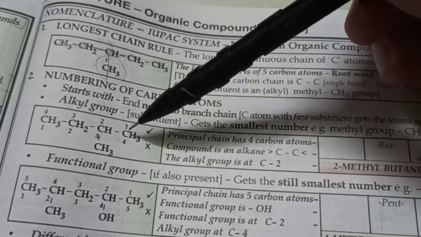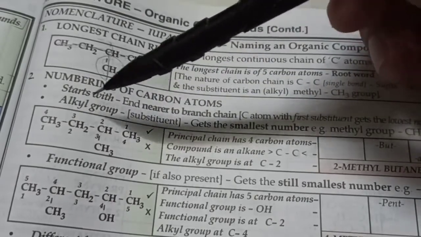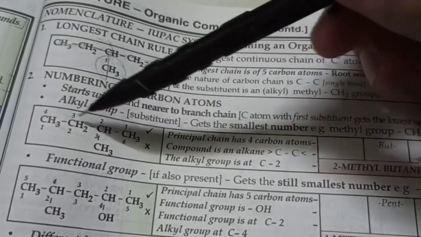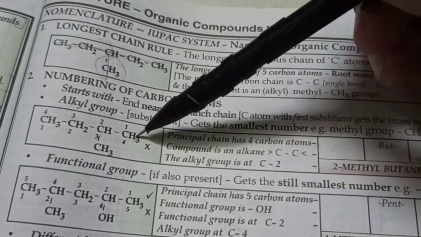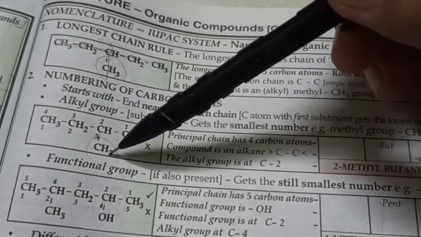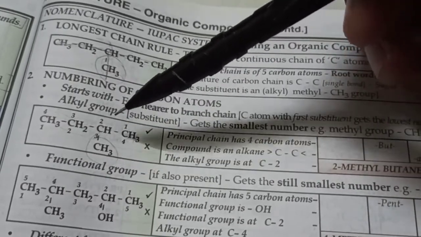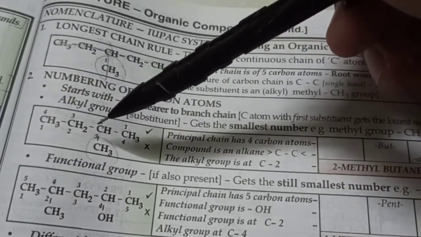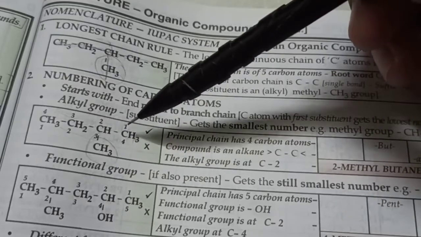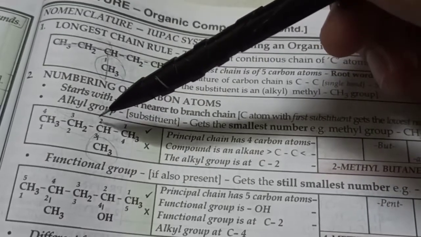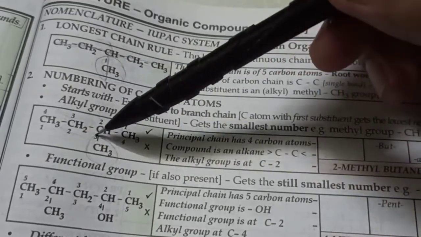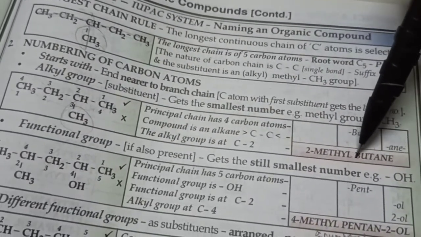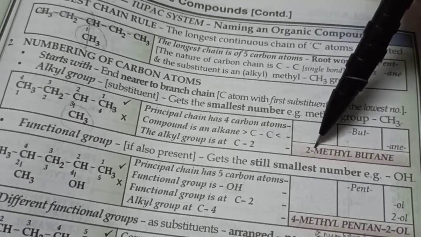Okay, try this one now. Without looking at the answer, try this one. First of all, the longest chain, 1, 2, 3, 4. So that's butane. Single bond butane. This is a methyl group, so it will be methyl butane. But I have to give numbering. So should I start numbering from the right hand side or the left hand side? Well, try to give a lower number to this methyl group, please. So let's start from the right hand side. 1, 2. So 2 numbering would be better rather than 1, 2, 3. No, avoid that. So 2-methyl butane is the answer. Don't leave a space. Not necessary, but hyphen is necessary here.